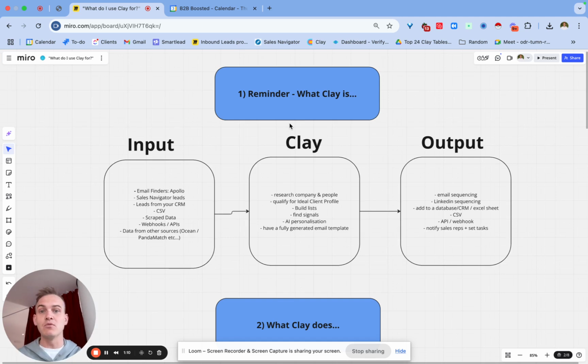and research those people, qualify them for your ICP based on the criteria that you give it. You can then build certain lists, you can find specific signals and sales triggers, personalized outreach, and have a fully generated email template that you then still need to push to an output tool. And what I mean by an output tool, for example, you can push it into a CRM, maybe you push it into email automation, maybe you push it into LinkedIn automation, or you can add it to some sort of Excel sheet, Google Sheet, any form of database, or transfer it via an API, a webhook,